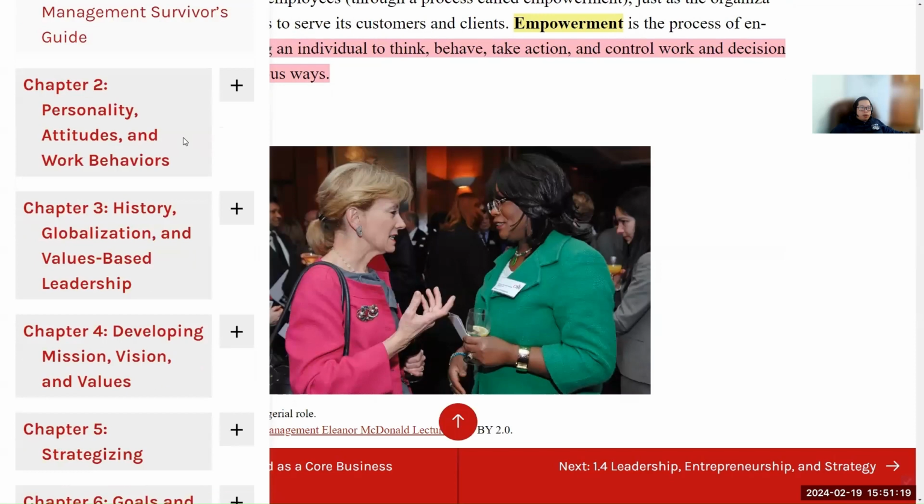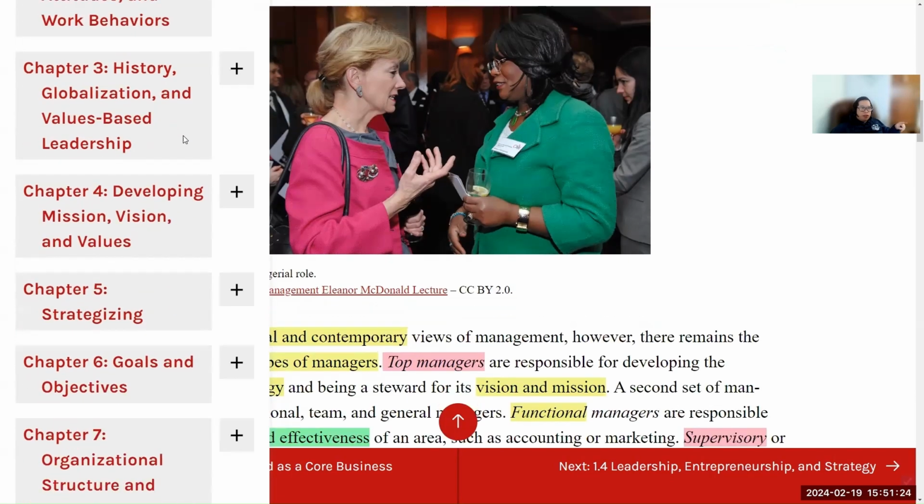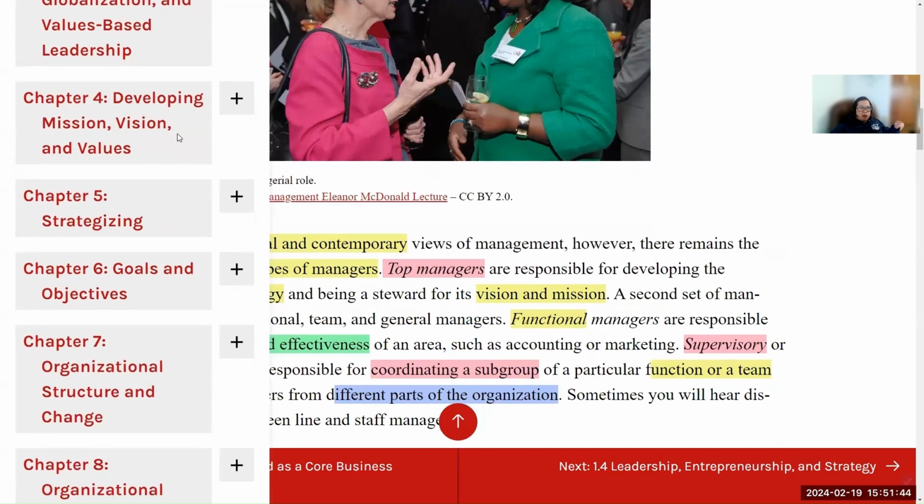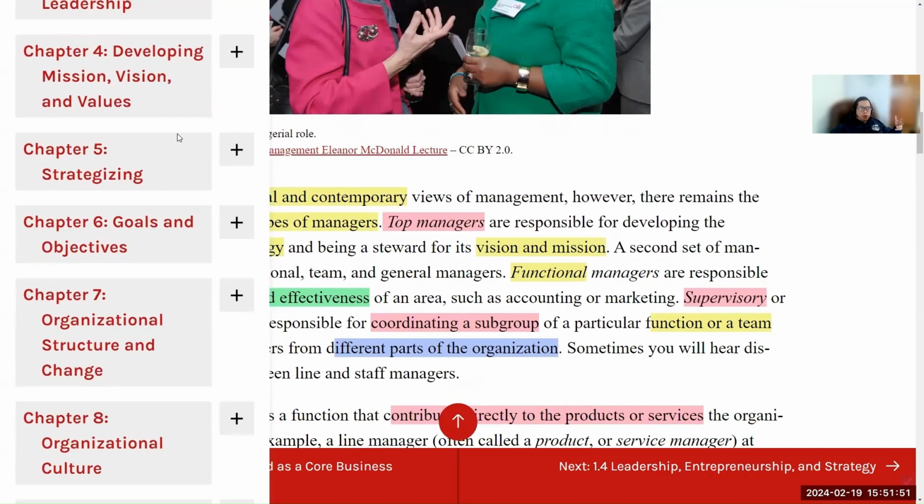And then the next chapters go through some kind of psychological approach: personality, attitude, behavior, background. This historical viewpoint is only needed if you go the academic approach of this theory, or you want to seriously research management theory. If you don't, it's fine. It's just some history lesson. Yeah, chapter 4, chapter 5, we talk about some kind of clear approach for different layers of manager. You're going to see it later in this material.